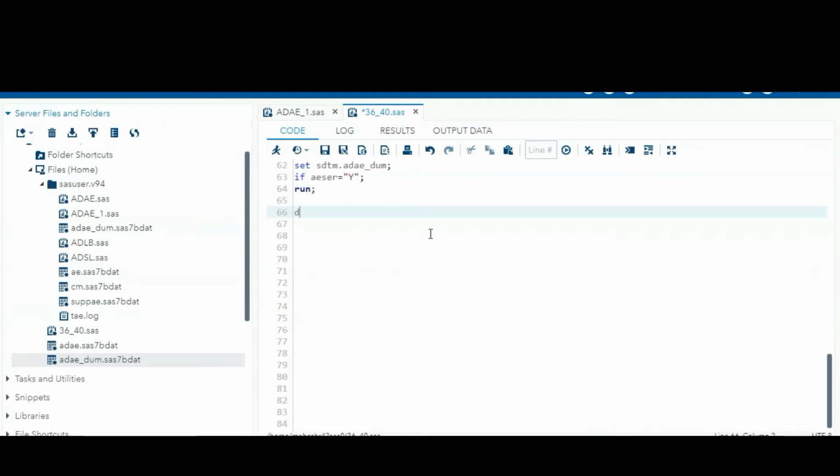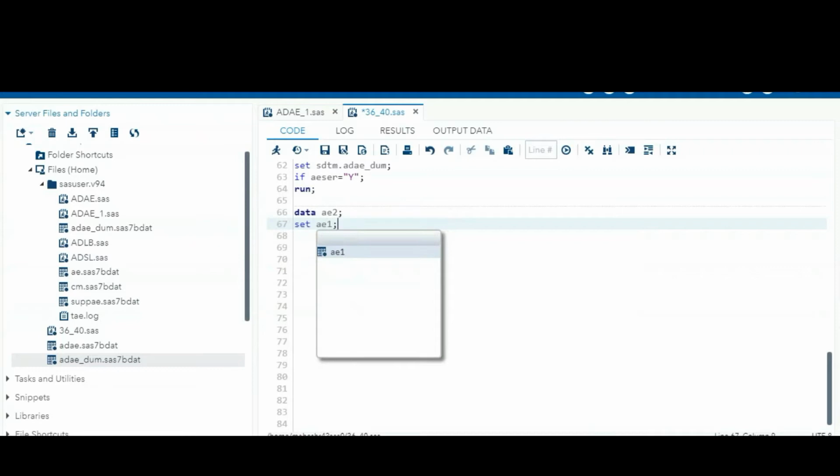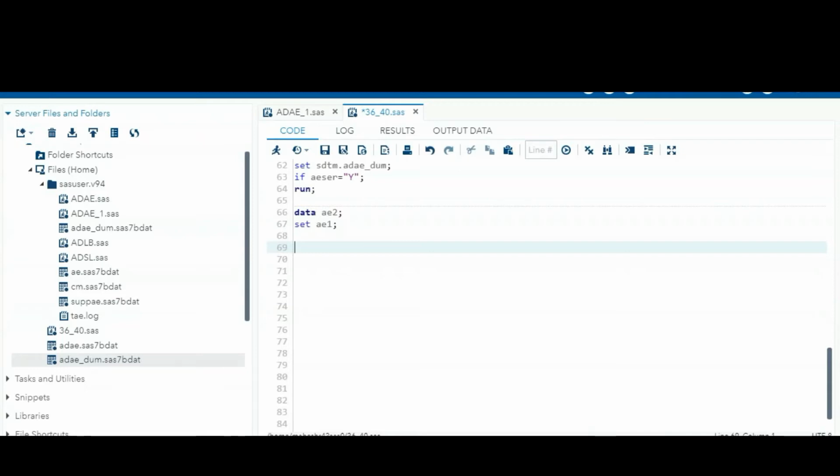First, suppose they are asking in the listing for just two variables, for example USUBJID and AETERM. They want to list out only these two variables. If the data is there, we have to present these two variables. If the data is not available, that is 0 observations, we can report 0 observations in the proc report. Okay, so here AE2.